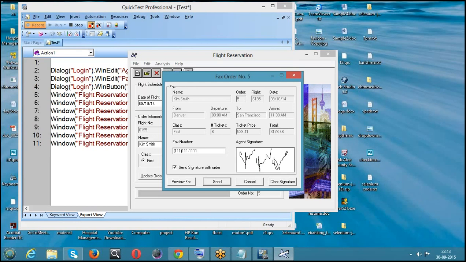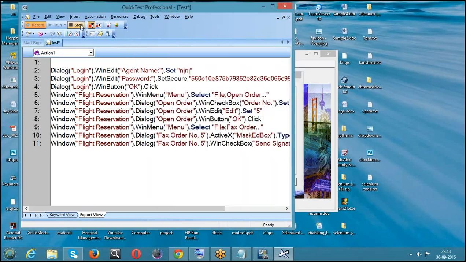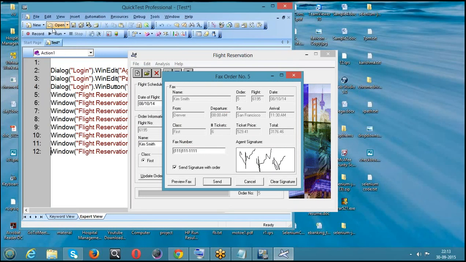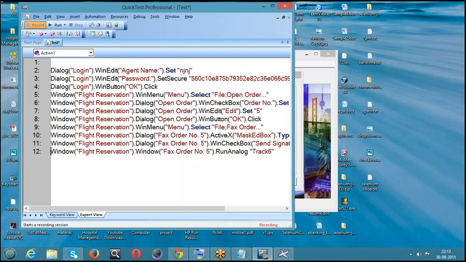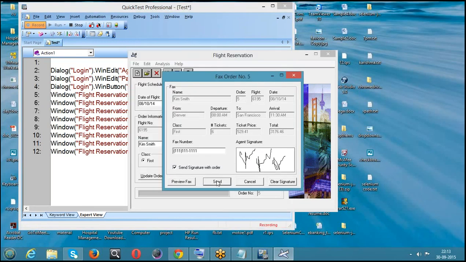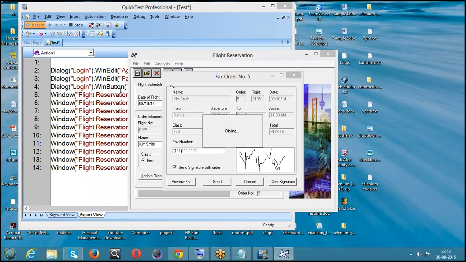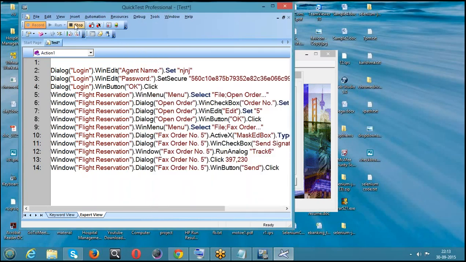After that, we need to come back to the standard again. That doesn't happen. From the standard we can go to the analog, but from the analog we can't move back to the standard. So simply click on stop and start the recording again. If you start the recording, directly or indirectly, we have moved into standard recording. Just click on send. And whenever you feel it's done, just click on stop.